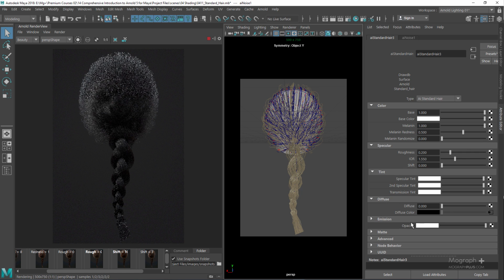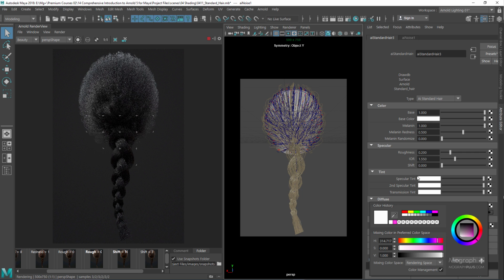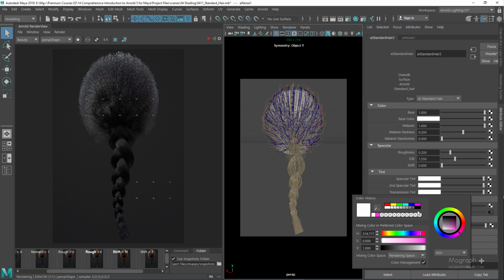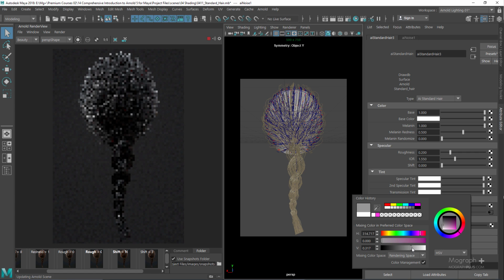And if I come down to the opacity section here, you can control the opacity of the hair, and it normally gives a more realistic, softer look if you decrease the opacity and use a darker color for the opacity here, but it's going to increase your render time significantly. So probably should stay at white, and if you use a color, let's say a darker color here, like for example something like